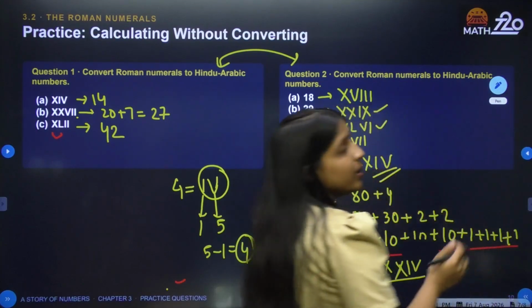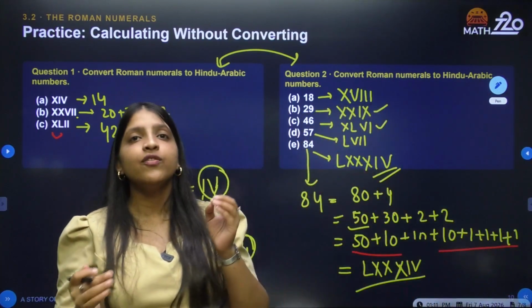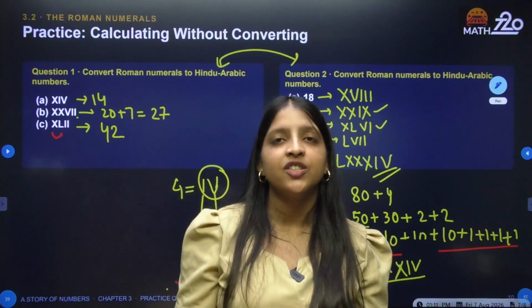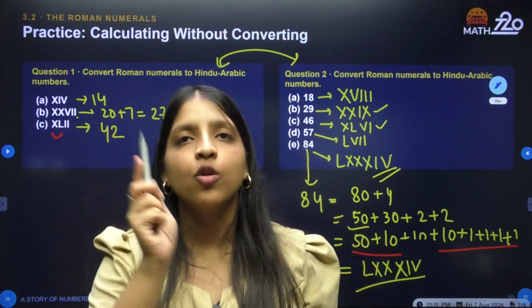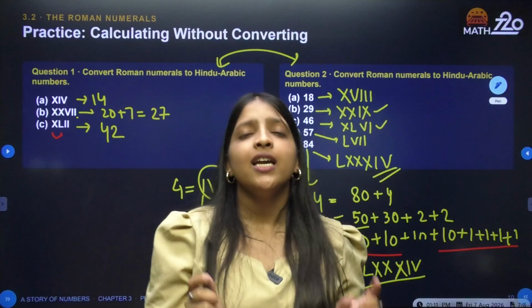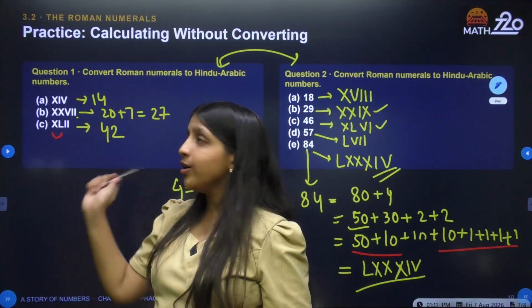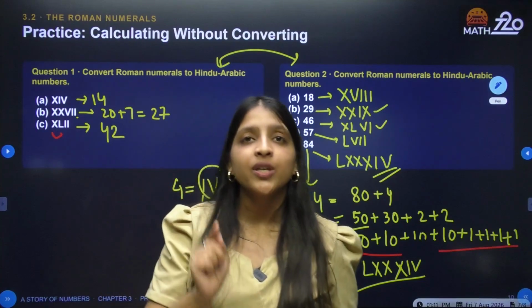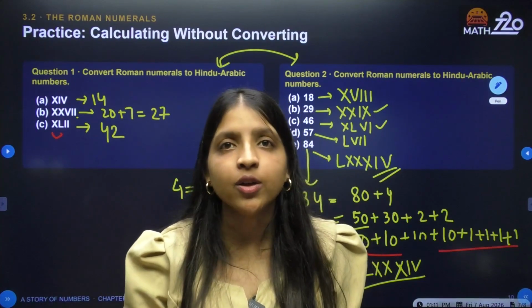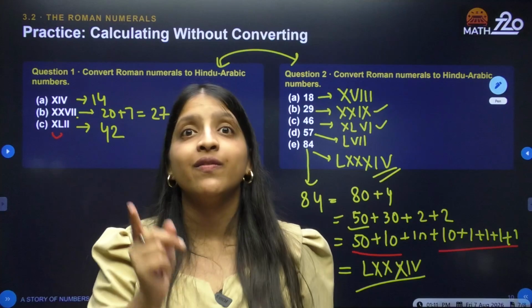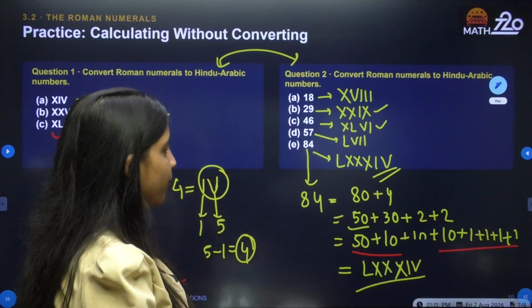The reasons we have discussed: if the first number is small and the second is large, we subtract them in Roman form. So guys, if you haven't watched the first session, please watch it first, then try to solve this question. Take the first question, stop the video, try to solve it by yourself, then continue with the video.